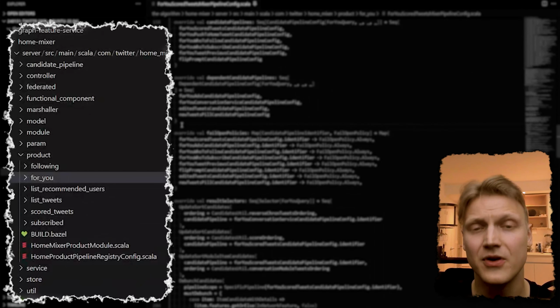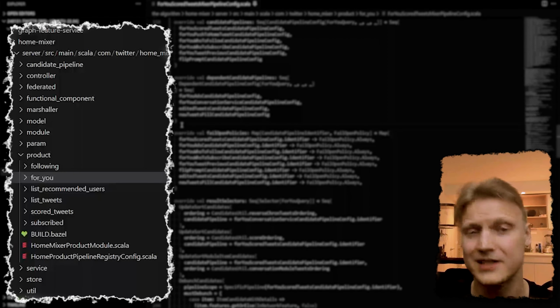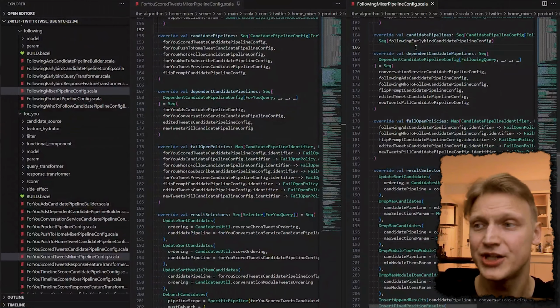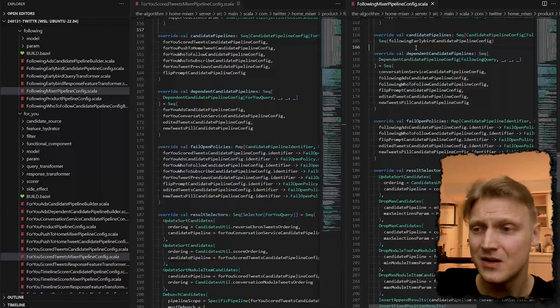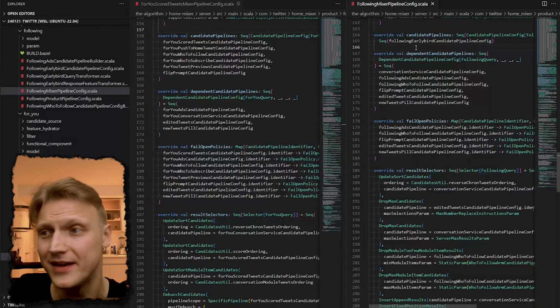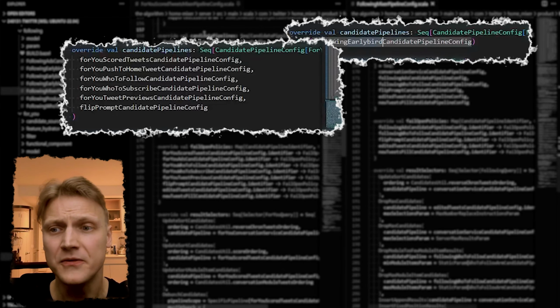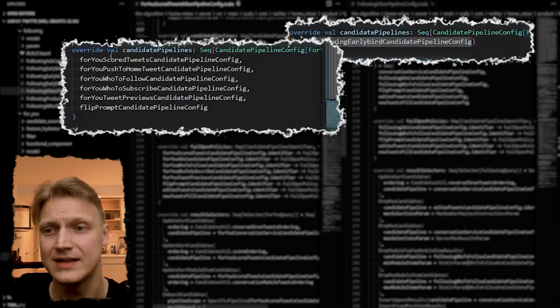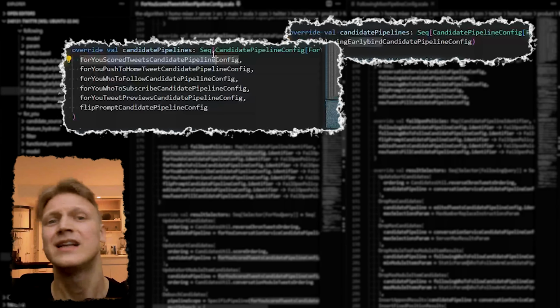We're gonna review a few of them, and that is for the feeds that we are experiencing almost all the time when we're using the app. If we compare pipeline compositions for the Following and For You feeds, we'll see that they differ quite a bit in structure. In the case of the Following feed, the main source of candidates is this Earlybird system that heavily relies on the RealGraph and PageRank algorithms. Whereas in the case of the For You feed, the main source of candidates is a Score Tweets pipeline, which tells me that they're coming from the heavy ranker model.